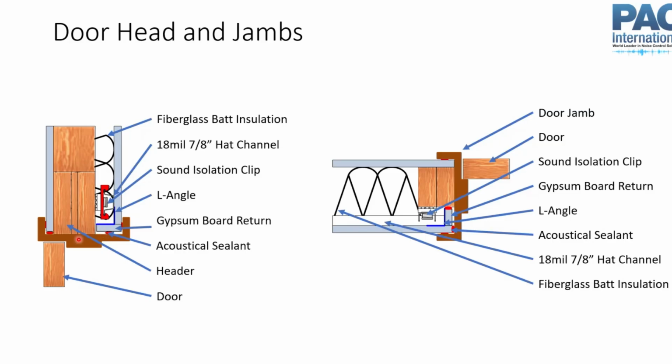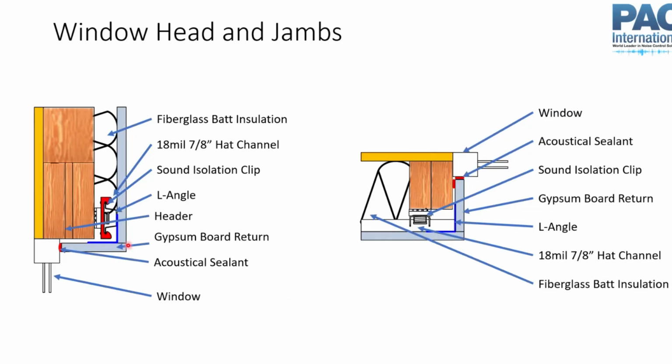And this is it at a head, right? We can see our header here, and then this is at a jamb too. We do the same kind of thing where it comes and turns. A window is very similar for the head and jamb. We might have a bigger return here,